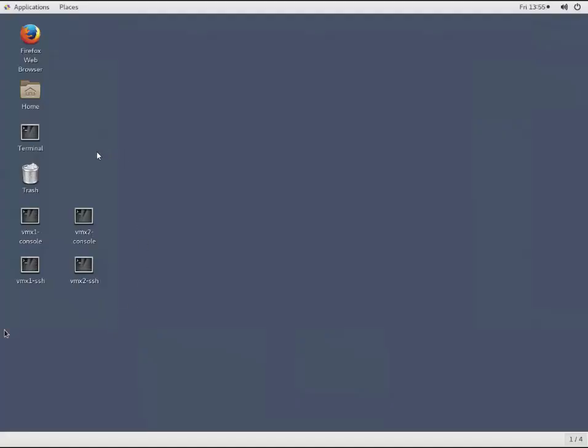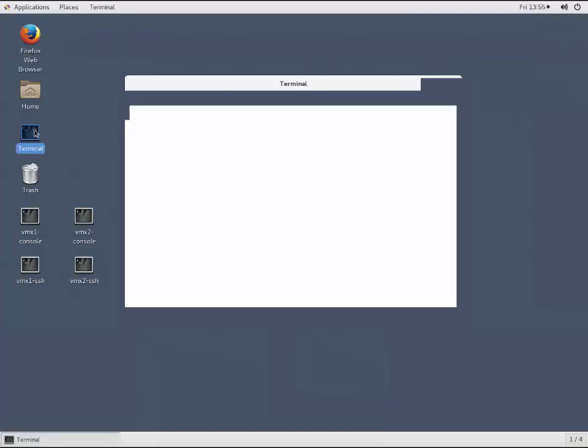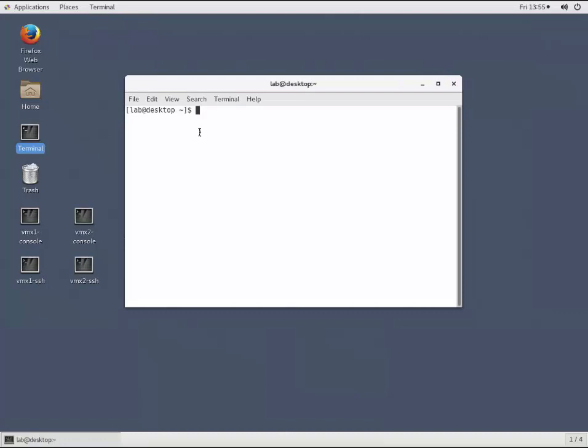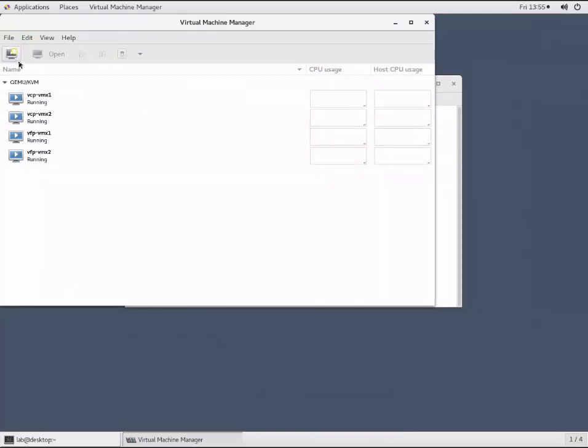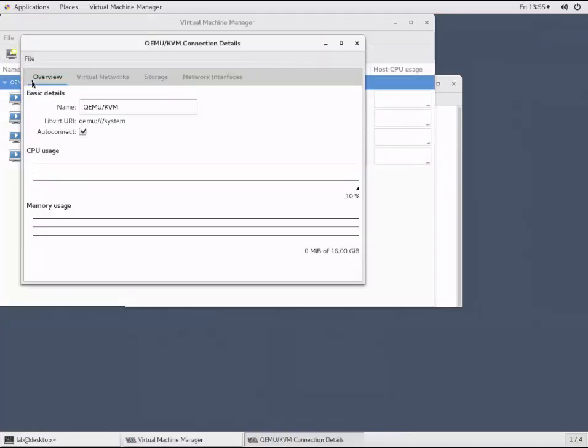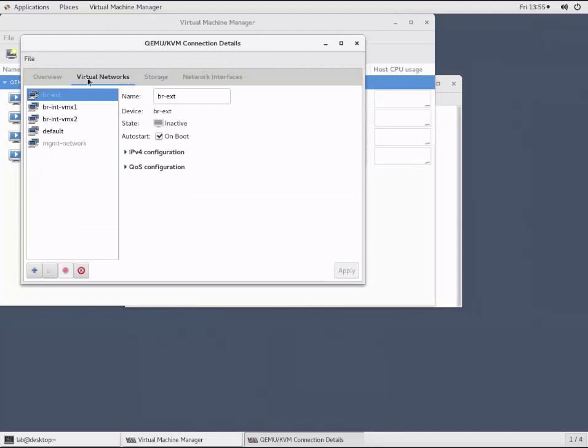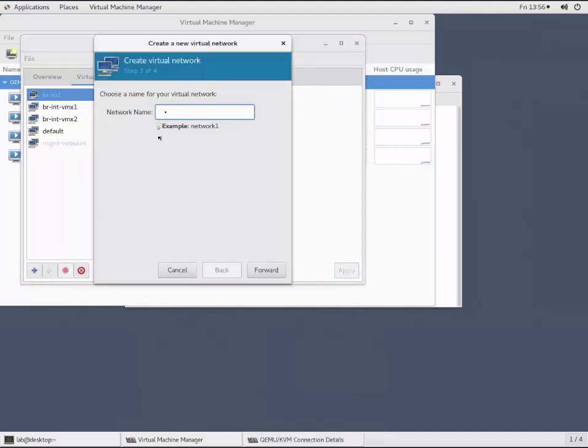Okay, we're on our host device. Let's go ahead and open up a terminal to our CLI, and let's start Virt-manager. We'll begin by adding the virtual networks to the KVM Hypervisor. As you can see, we've got a few bridges already established. To add a bridge, click the Add Network, and then we'll give it a name,